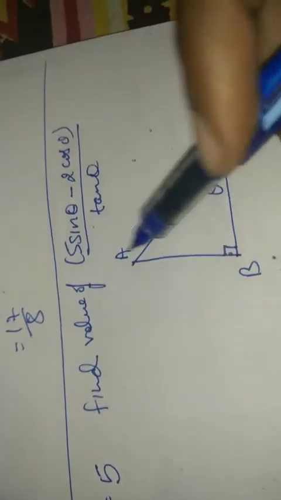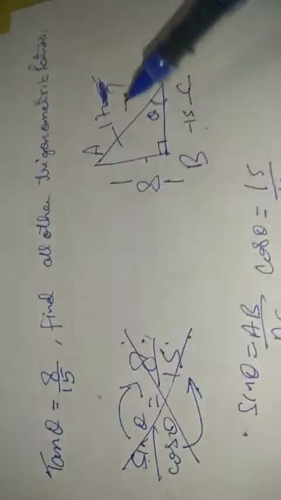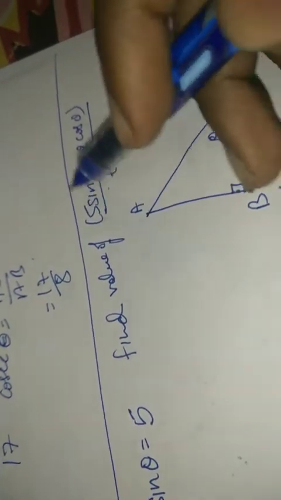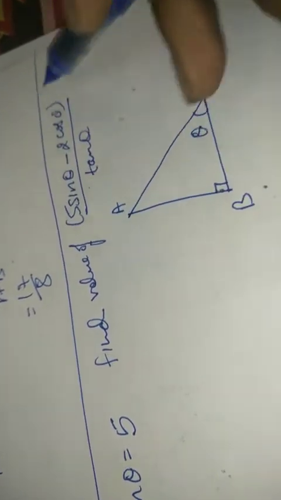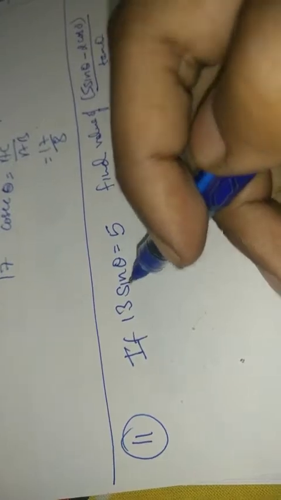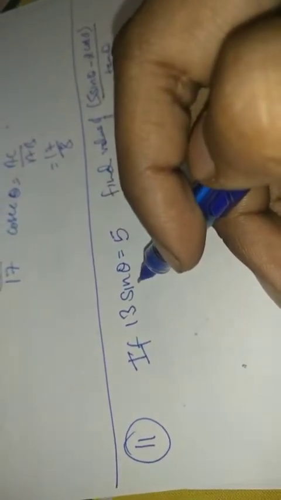Figure is not given. This we have drawn just like we did in this very case to calculate all the other trigonometric ratios. The same is what we are going to proceed with over here also, and then we'll substitute the values to calculate this very thing. The entire thing can come negative, it can come in under root form, decimal, doesn't matter. Okay. Let's continue. For that we need to have one of the trigonometric ratios given. We are having a particular value being multiplied with the trigonometric ratio. So this needs to be removed from here.